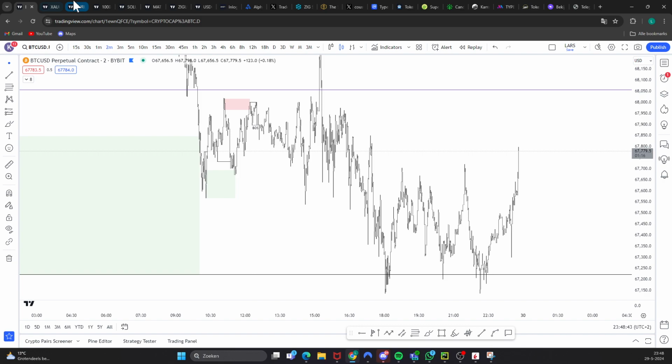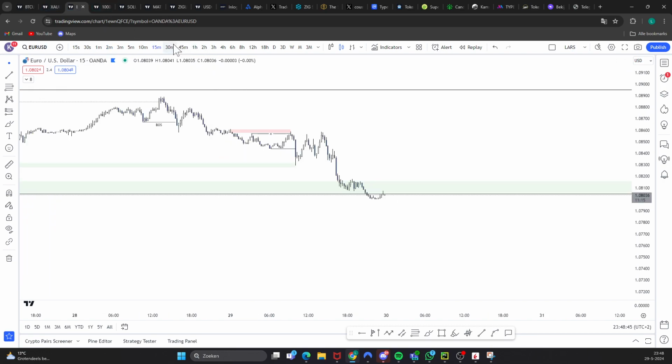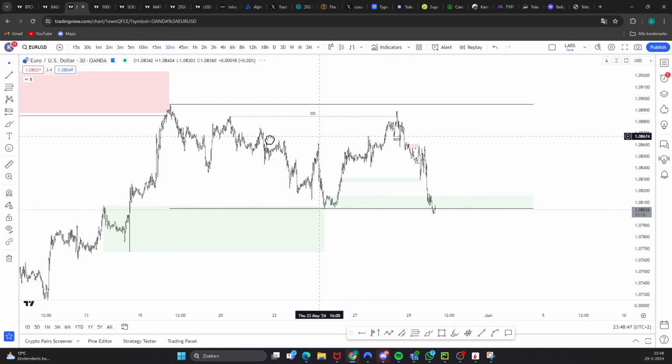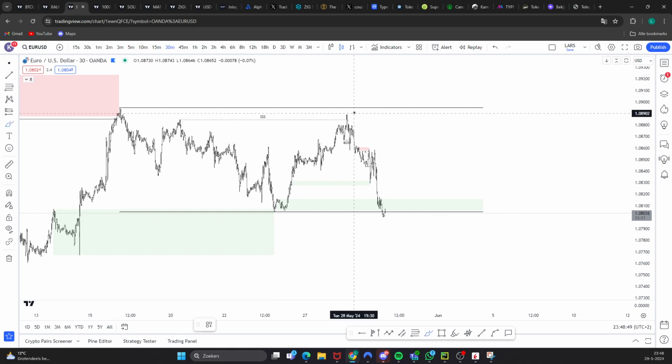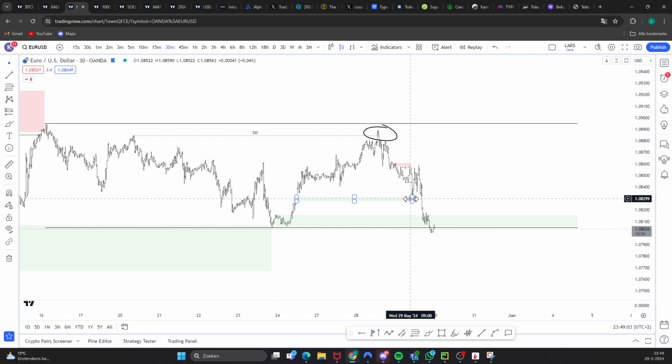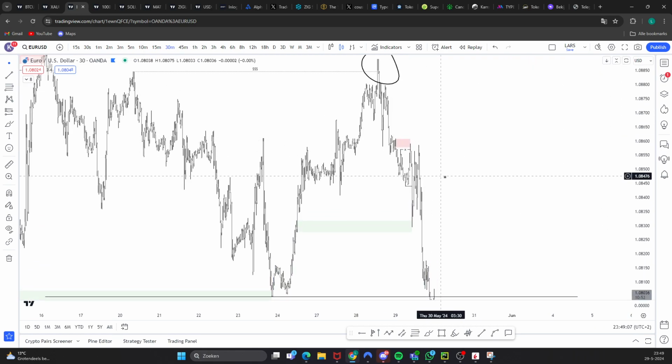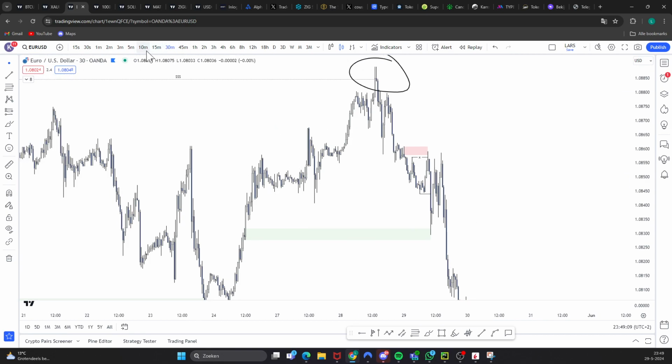Now, on euro, I told you guys that we were in this range, and that we took all buy side liquidity, and we started breaking local structure back to bearish after breaking it back to bullish on the left here. And I couldn't give you a clear setup because there weren't really any POIs, but I told you to watch your structure. Well, for the people that did, you guys should have a banger of a trade,